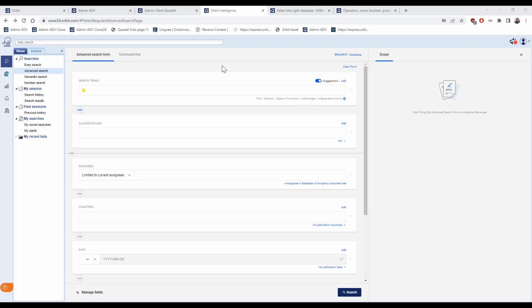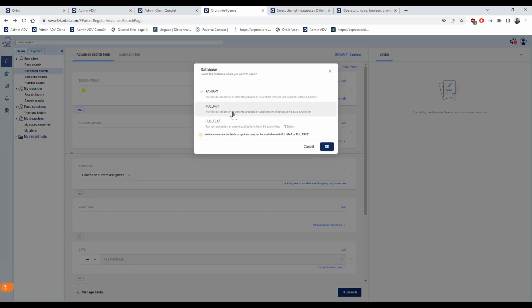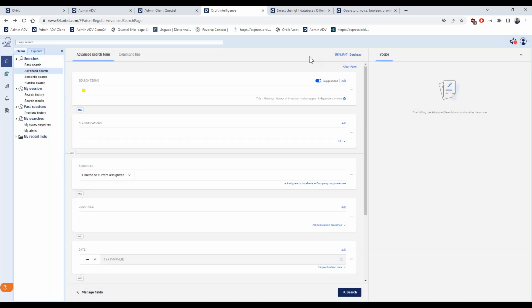So you will have new functionalities like the scope section on the right, where you will see a preview of what you are going to search. The databases can be selected on the top. So you can see that I'm in FamPat now, but I can switch to full path or to the full text from this selection, from this window.